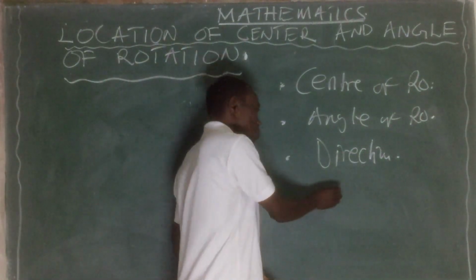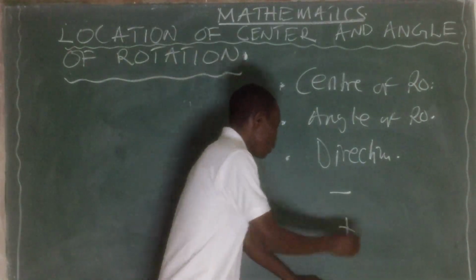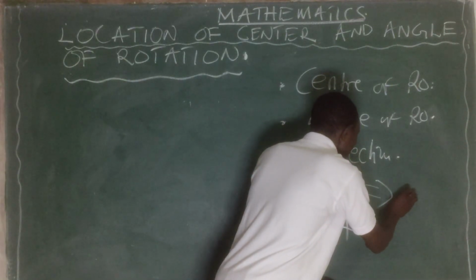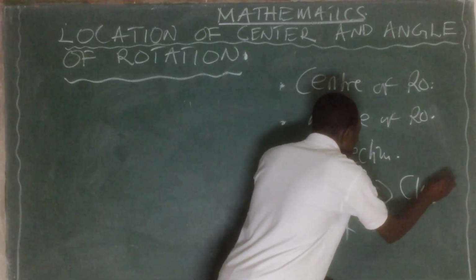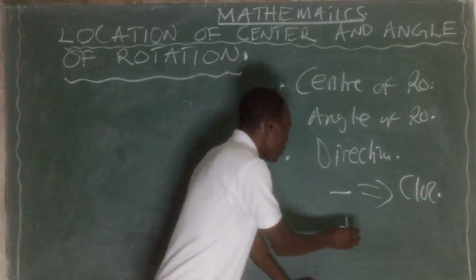Remember, direction can be either negative or positive. Negative is related to the clockwise direction, but positive is related to